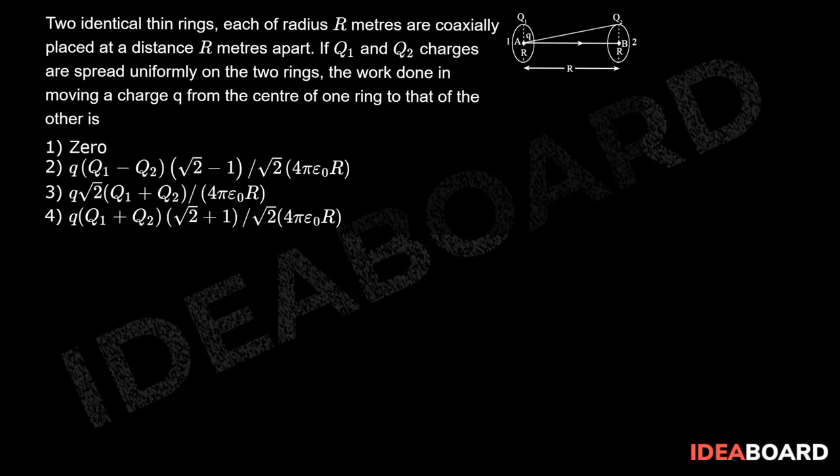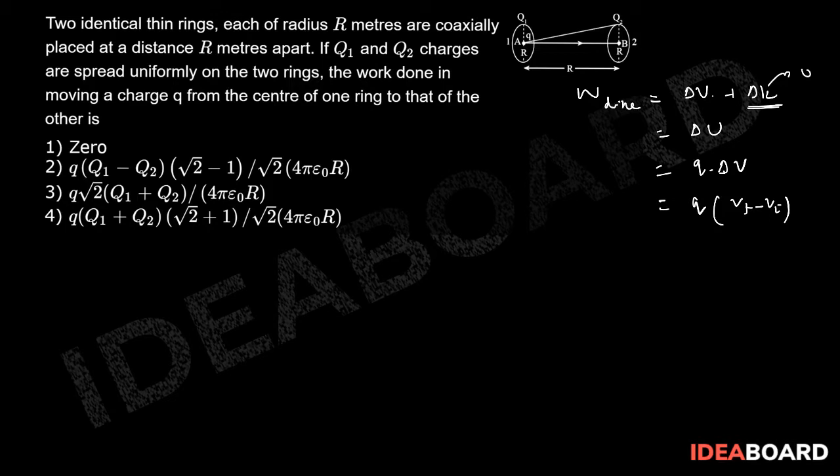So now in this question, work done will be simply equal to the change in potential energy, because of course the kinetic energy will be zero. We are not moving so fast, so we are keeping the kinetic energy the same. That will be delta U. Now delta U will be nothing else but Q into delta V, the change in the potentials. So we can write Q into V final minus V initial, right? Now calculate the values of V final and V initial.